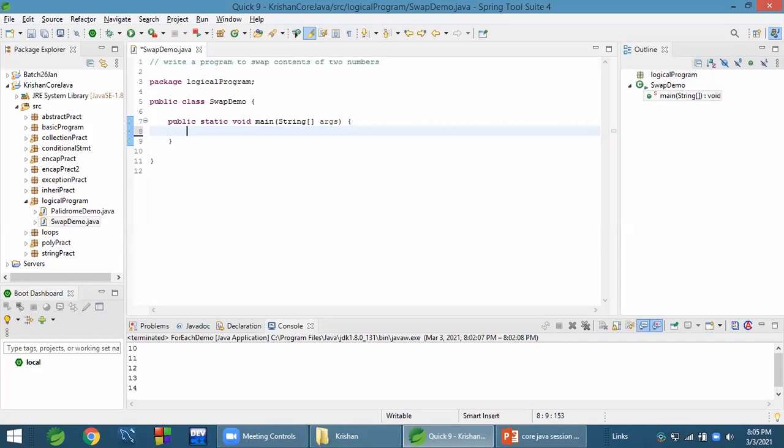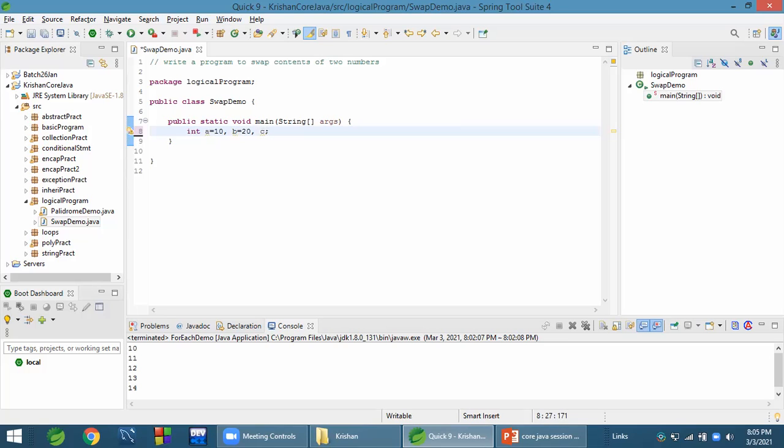Can anyone tell the logic? This is num1, this is num2. Let's take A equals to 10. This is the first number. B equals to 20. This is the second number.